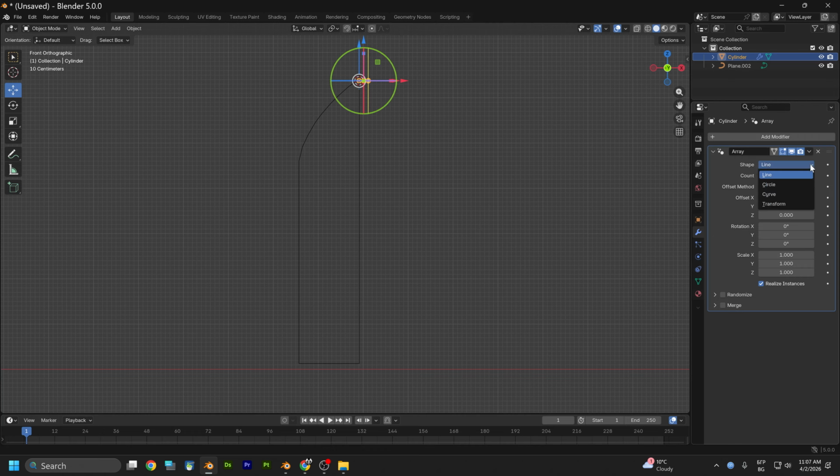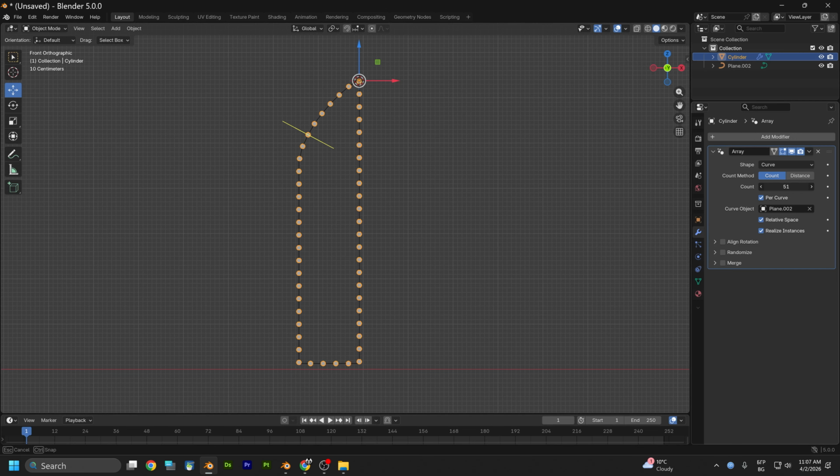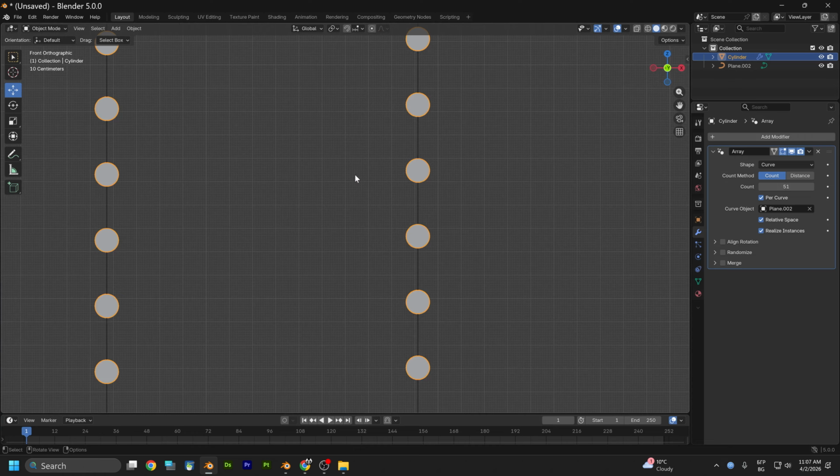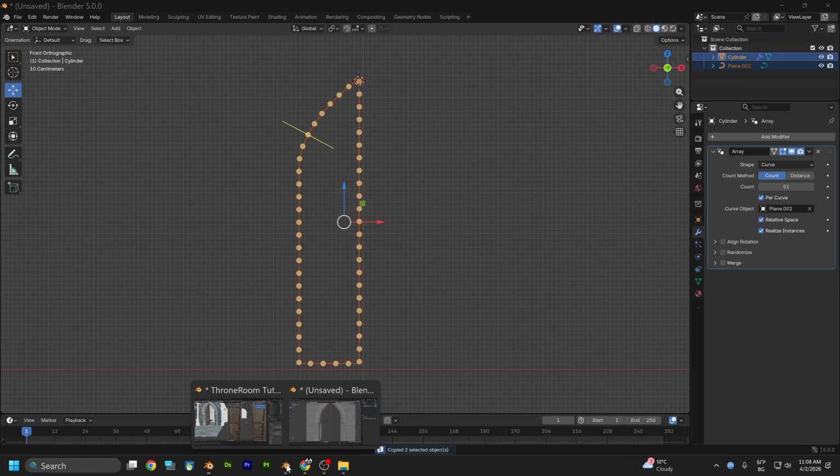And now we're going to select to be here on curve, and we're going to select this curve which we made, and align rotation we're going to turn off, and we're going to add count. So this is the same way how we're making stitches, but here we're going to use this for the button. So let's select all, we're going to copy, and we're going to go back to